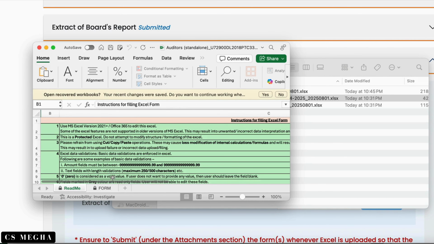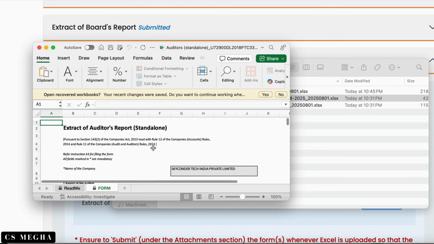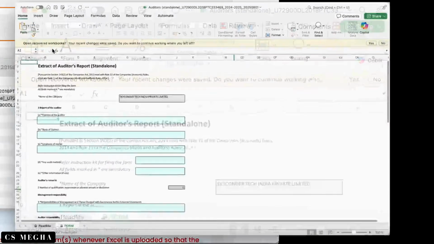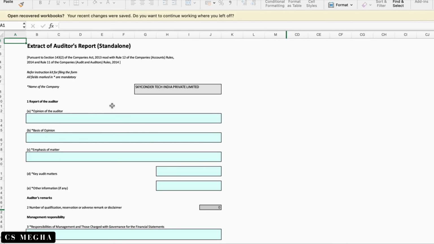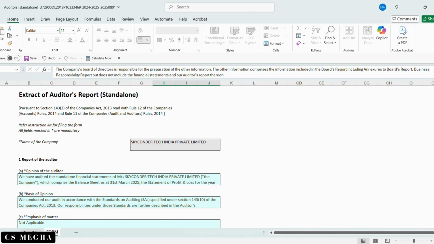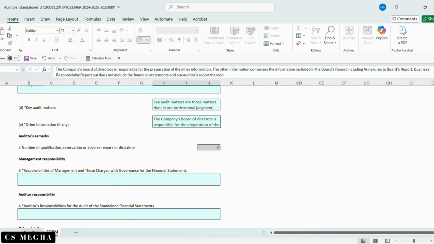This is the extract of auditor's report standalone. So now here you need to mention everything, opinion of the auditor, basis of opinion. This is not pre-filled, I copy pasted the entire data here.